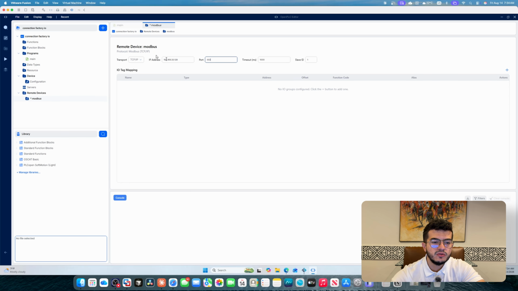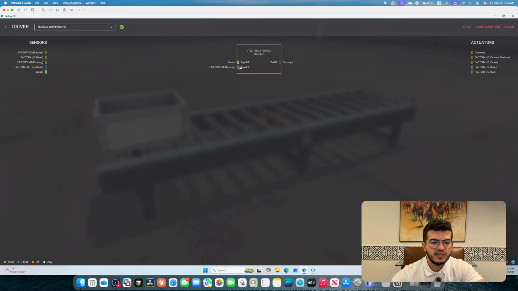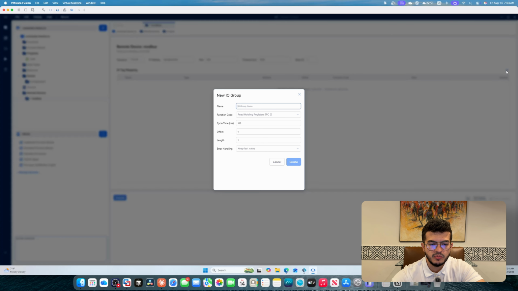And then we need to again create the variables or the ports. In this case, we just have one sensor and one conveyor, or one output. So those are the ones that we're gonna create here. So on the plus button,